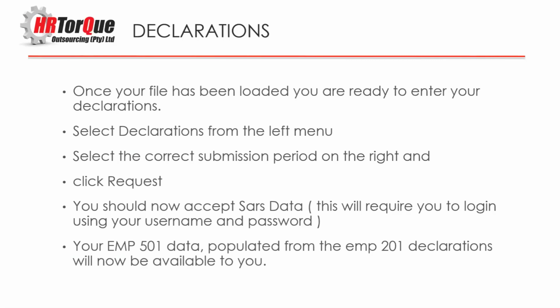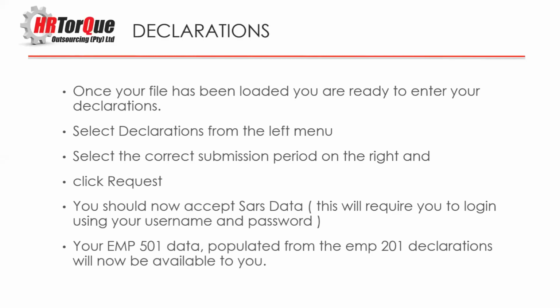To do that, when you click on the request, you'll have to log in with your e-filing username and password, which has access to the 501 profile. And once that's done, it will pre-populate your 501 with all of the information that SARS has about that 501. So if there's an ETR, it will pre-populate. If the declarant details are completed correctly, it will pre-populate. You will need to update a few fields like SRC code, perhaps. You will have to select whether or not the company has diplomatic indemnity, and you will normally have to enter the payroll software